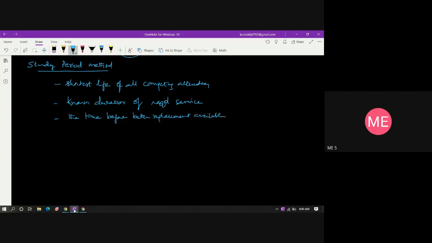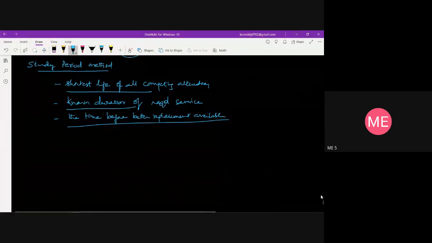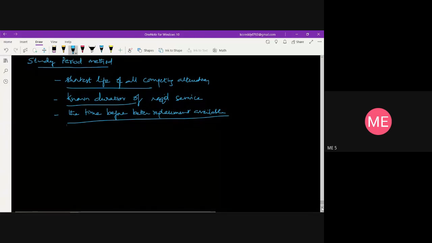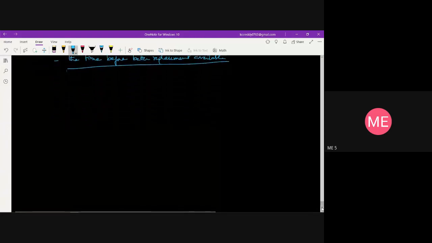So here, the shortest life, the known duration, or the time before a better replacement is available: any one of these options can be used. Let us take an example so that you understand how this method is used in calculating the best alternative. Here I'll take alternative 1,